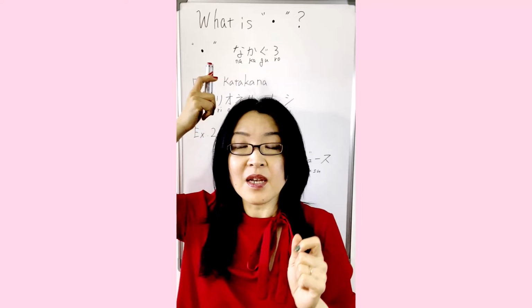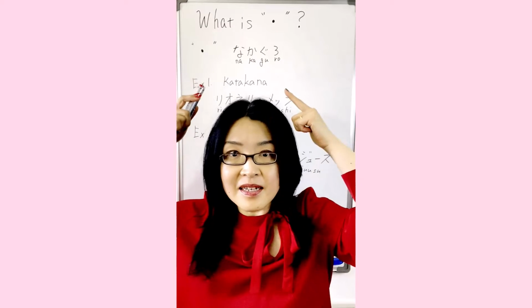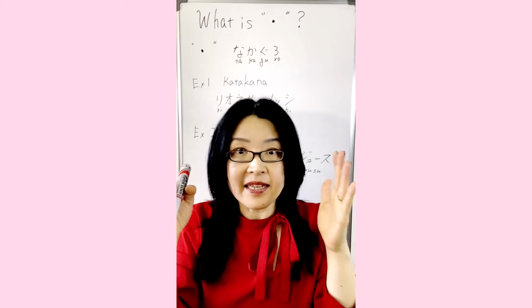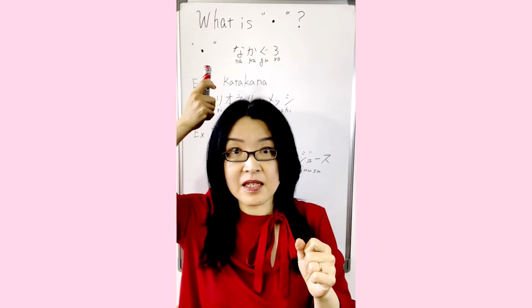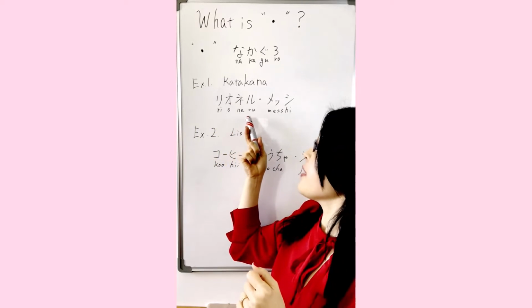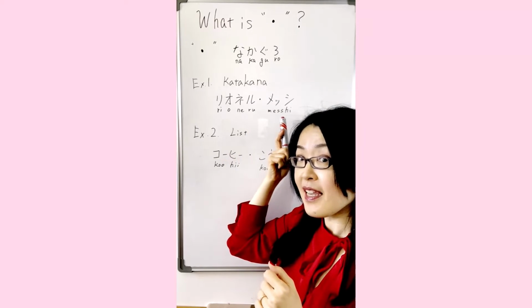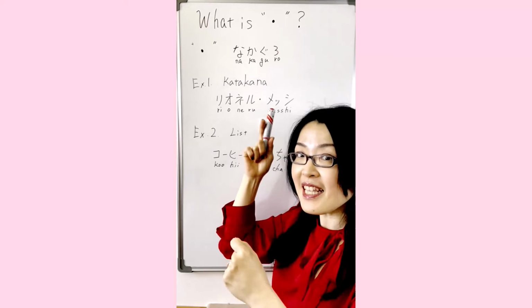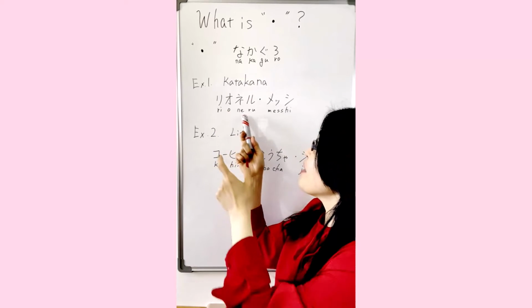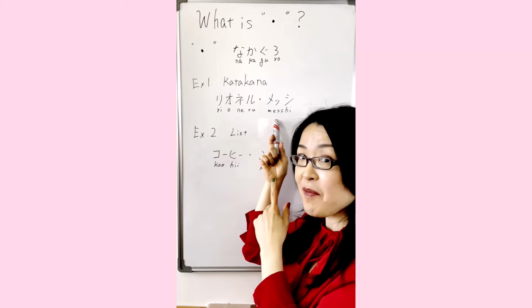So when we write katakana words as one noun phrase, we use this dot. Yes. So, for example, this one is Lionel Messi. Can you guess who he is? Yes, Lionel Messi. Yes. So this is the first name for him, and then this is the surname, family name,